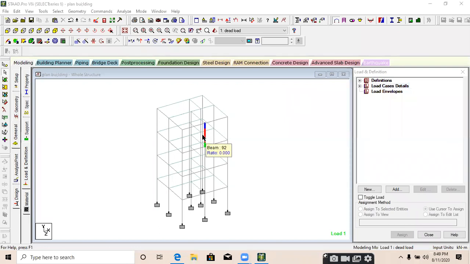For that particular reaction, we will design the foundation. Now we are not in a phase of whether it is safe or not safe. For that maximum load or that maximum reaction, we will design the foundation.